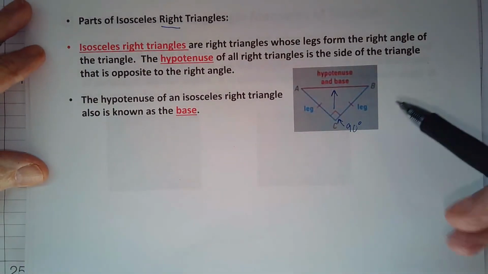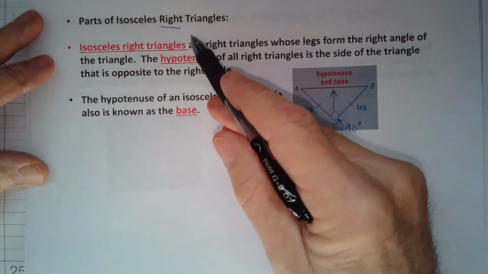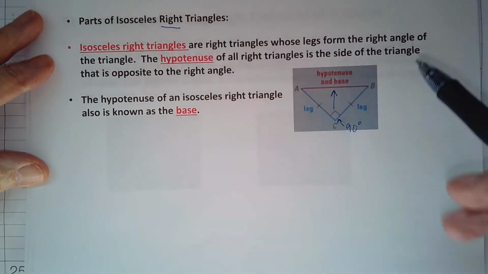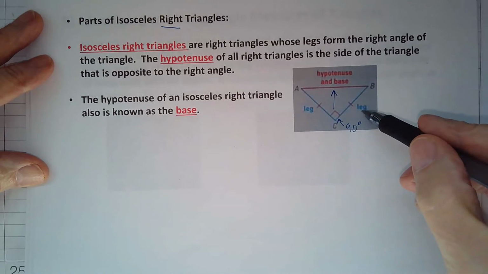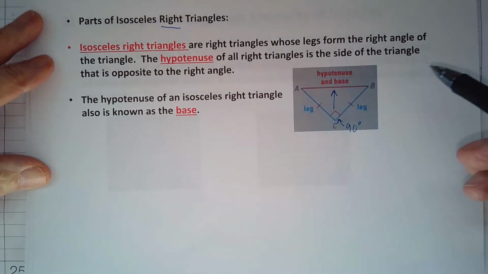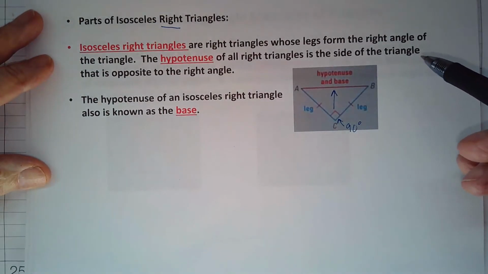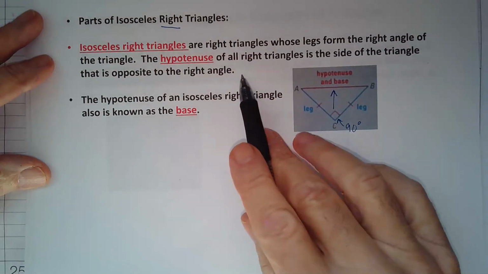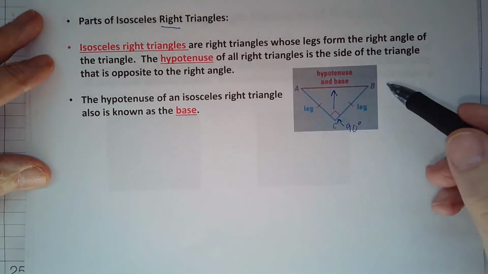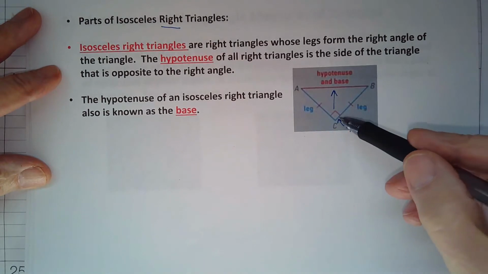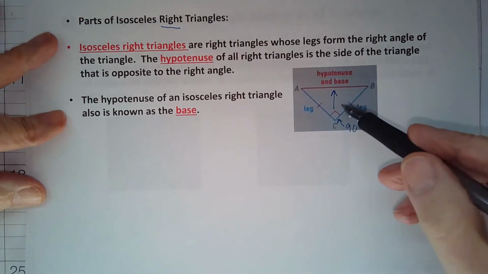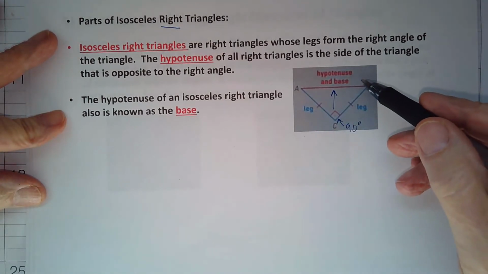Now let's look at parts of isosceles right triangles. So this is a right triangle that happens to have two legs that are congruent. The hypotenuse of all right triangles, again, is the side opposite the right angle. So there you show that there. And in this case, the hypotenuse